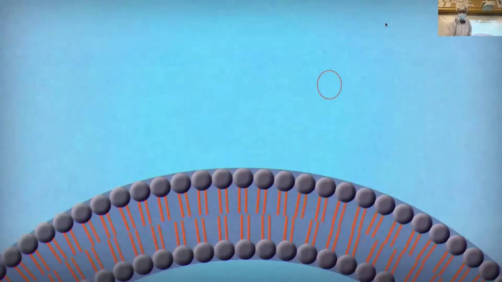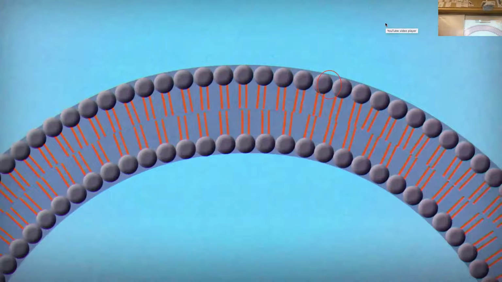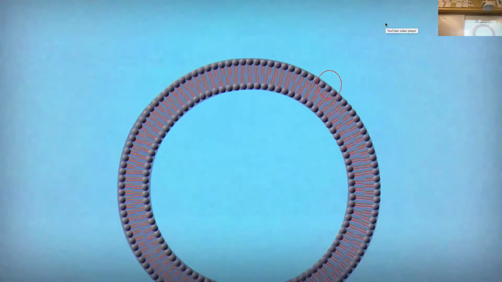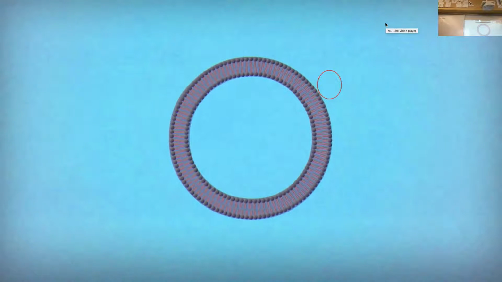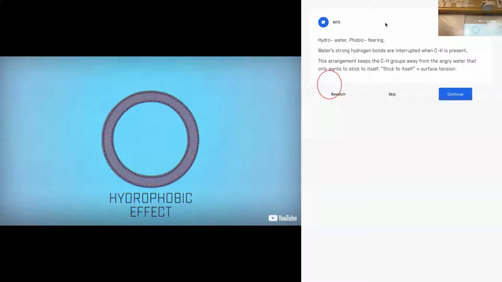So, in water-rich environments, lipids naturally form a shell like this, with the heads outside and the tails inside. Their shared reaction to water makes the lipids stick loosely together. This is called the hydrophobic effect. The what effect? So what it's saying over here is that water forms an interaction called a hydrogen bond. We'll explore what a hydrogen bond is very shortly here. Those hydrogen bonds involve polar molecules,